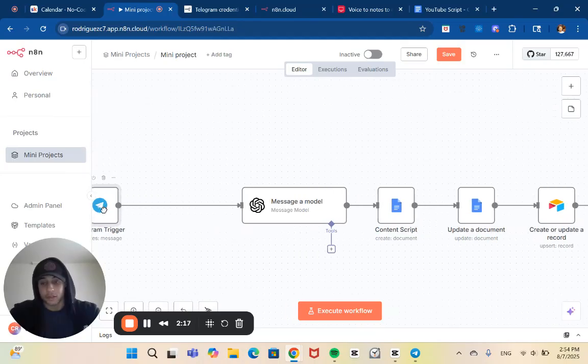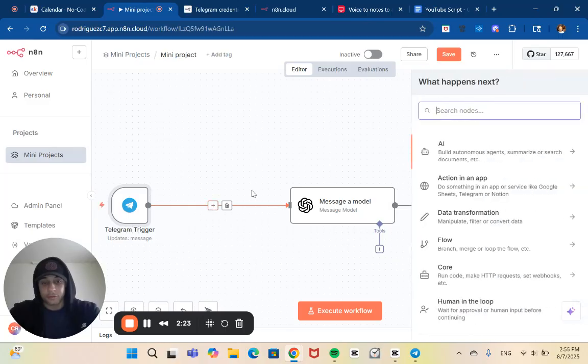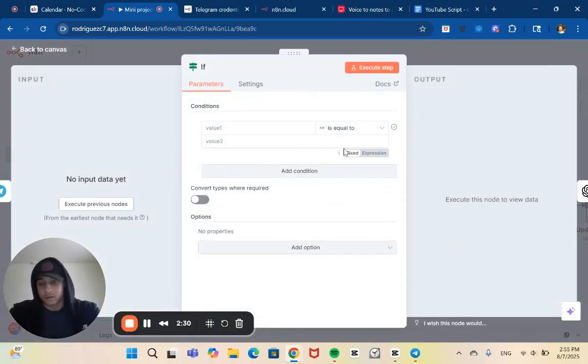So what we're going to do is give this a little bit more room. We're going to put an if, and this allows us to, remember I said I want to create a voice, but I also want to create a text. This gives me the option to choose which path I want it to go. All right, but before I do that, actually,